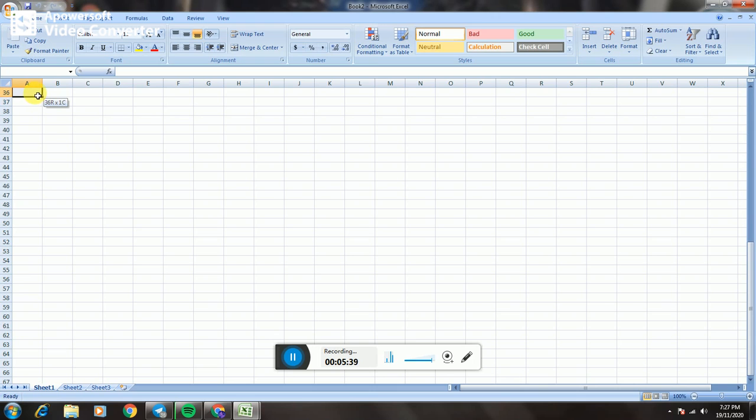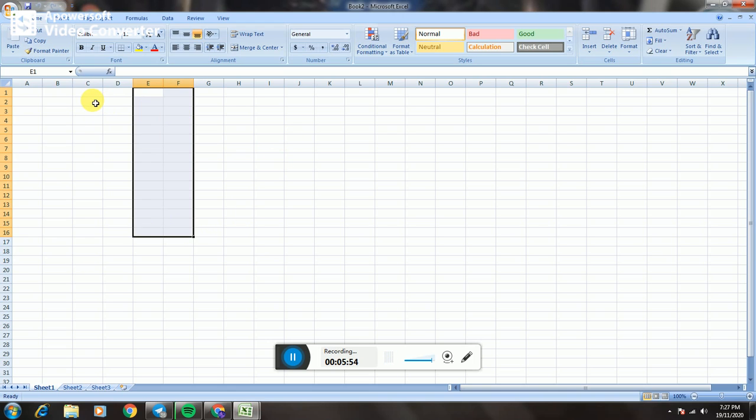Columns are labeled from left to right with letters. The first column is A, the second column is B, the third column is C and so on.